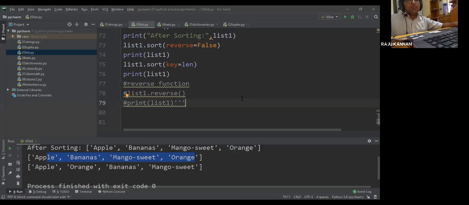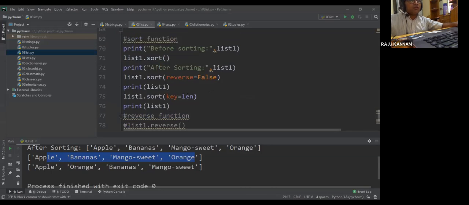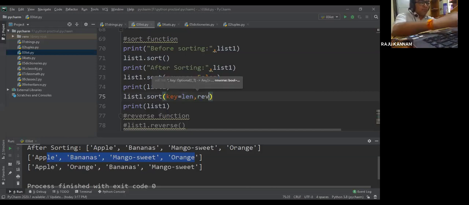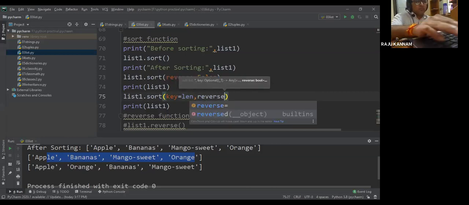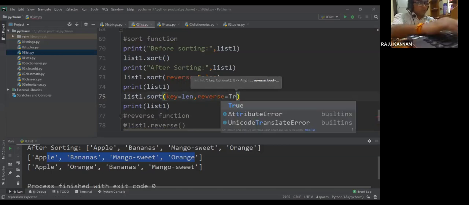Can we sort with key equal to length together with reverse? Yeah, you can apply both. Manish is asking, sir, can we sort key equal to length with the reverse method? If you want both, you can use both, with reverse equal to true.